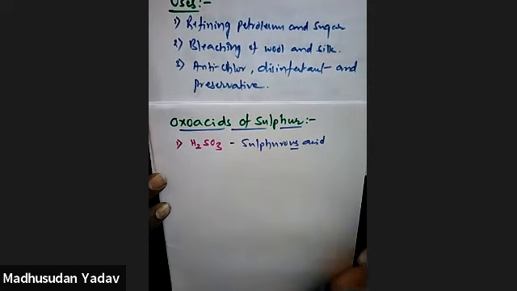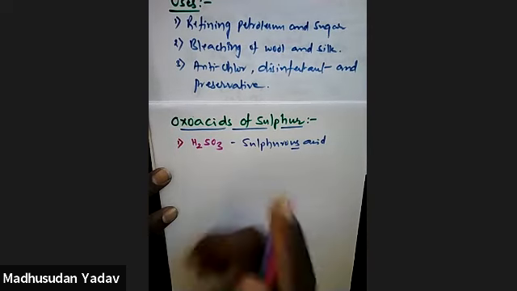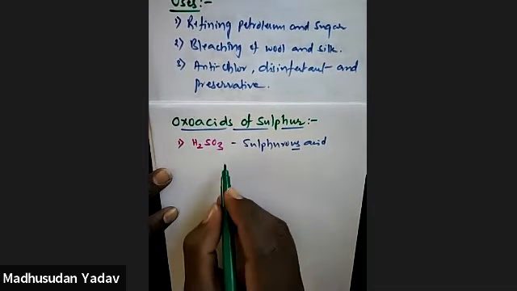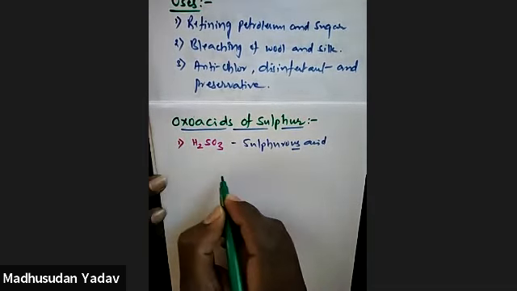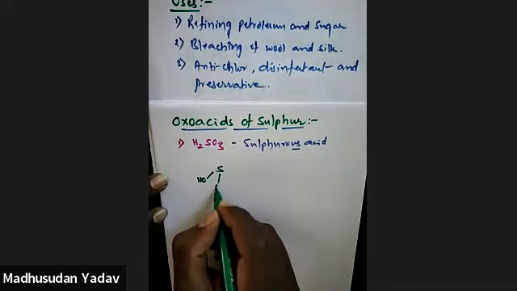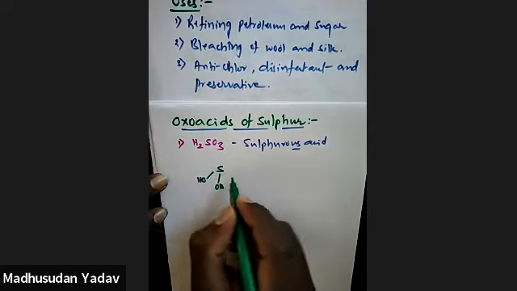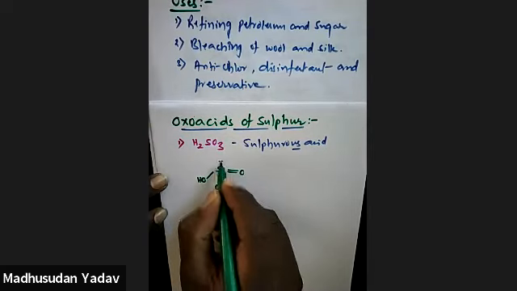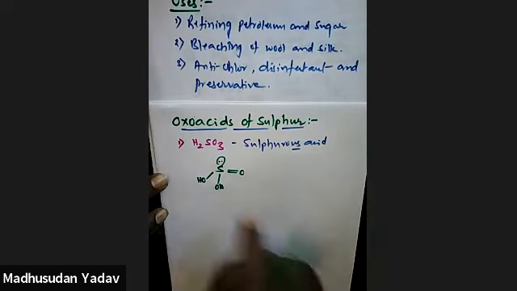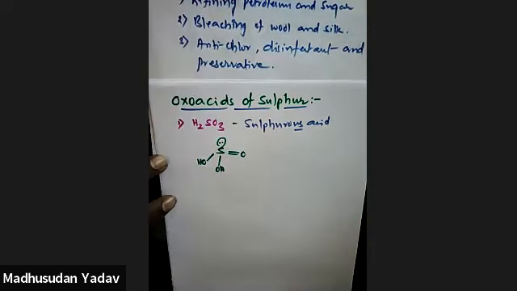It is an "-ous" acid, so sulfur will not take its maximum oxidation state. Okay, it is in +4 oxidation state. Now write its structure. Sulfurous acid, H2SO3. Four bonds over, right? So one lone pair on sulfur. This is the H2SO3 structure.